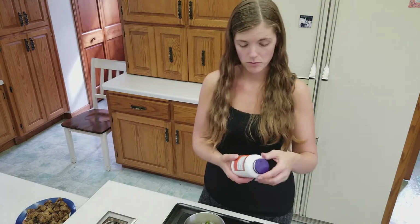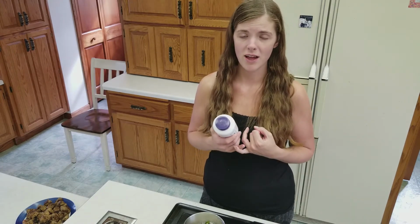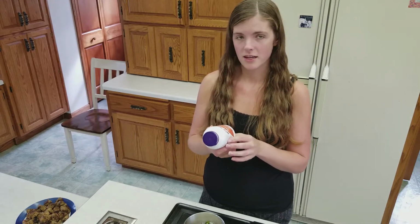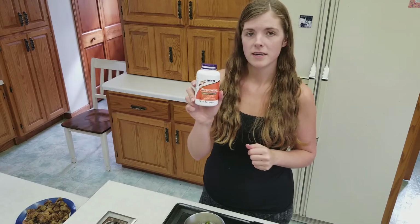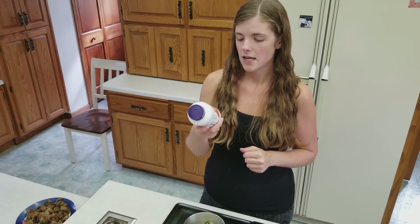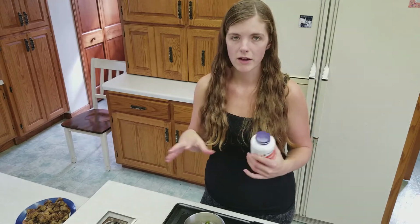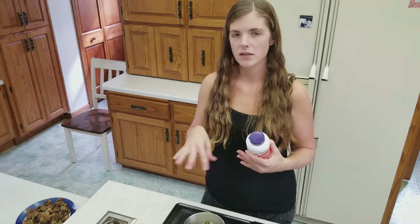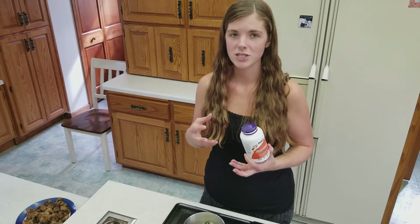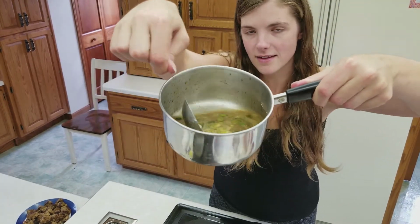This ingredient is super important, and if you're going keto, this is something that you'll want to have on hand because I use it a lot for gravies and sauces like this. It's perfect for thickening like casseroles, but it's glucomannan. I'll take a picture, and I also talked about it in some of my other videos. It is a thickener, and what you want to do is warm up whatever you're making and then sprinkle this on the top afterward, and use it sparingly because you won't really see how much it's thickening it until after it cools. As soon as everything comes together like this,